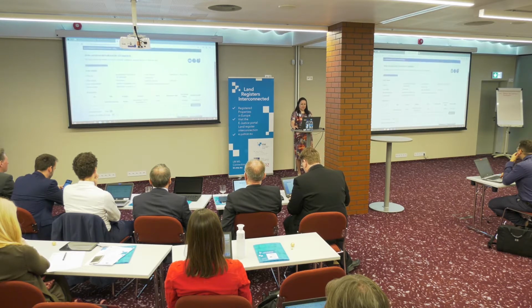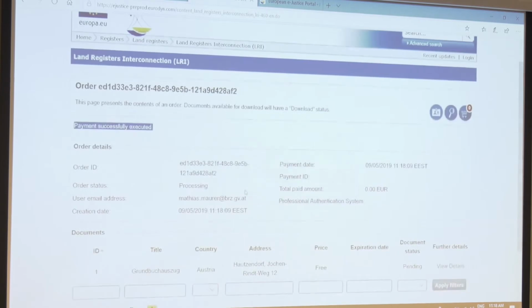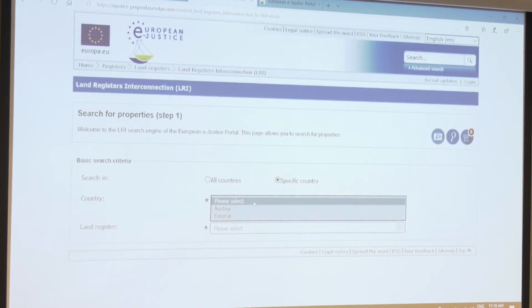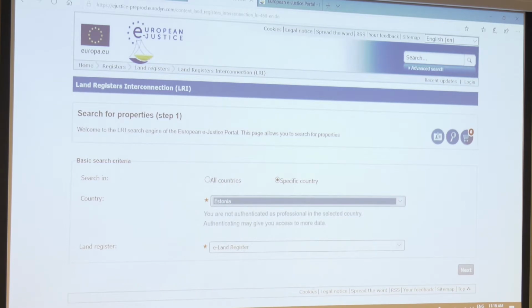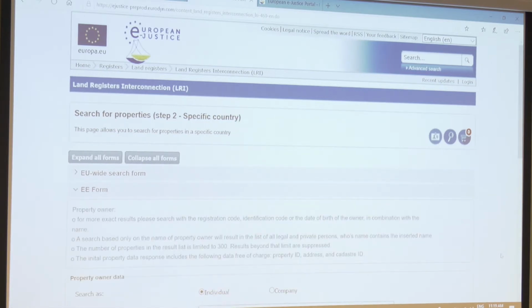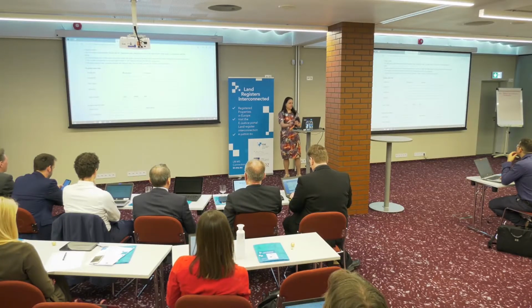Let me just also show you the Estonian one. We'll pick a specific country. There are two options now in this pre-production environment, the first piloting countries. And we only have one land register in Estonia as well, so no need to specify that. In a search form, what is possible for a country who provides data is to, first of all, give the